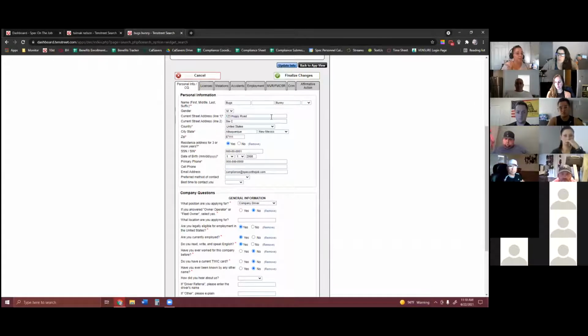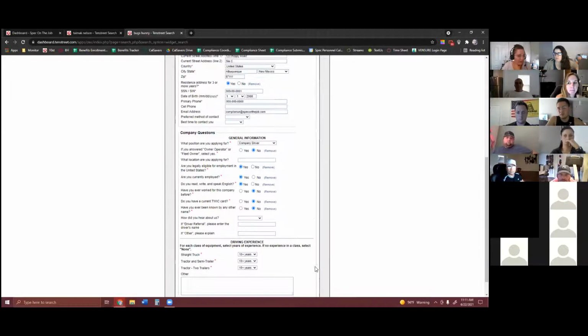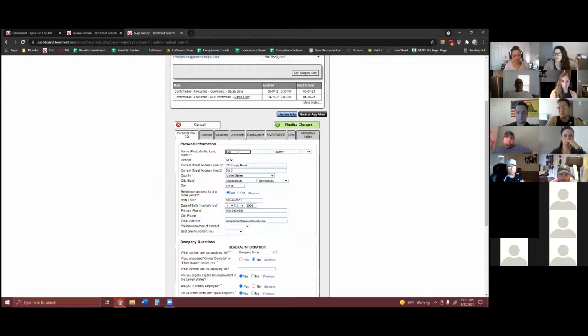Let me back up real quick. If you make a change on the personal info /CQ page and scroll to the bottom, you'll notice there's nothing that says save. This tab is the only one that does it like this. I'm not really sure why it does it like this. It's just quirky. So if you make a change to this first page, let's say Bugs has 2 S's,